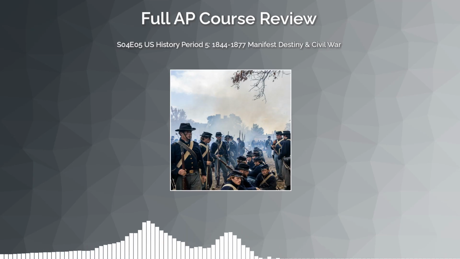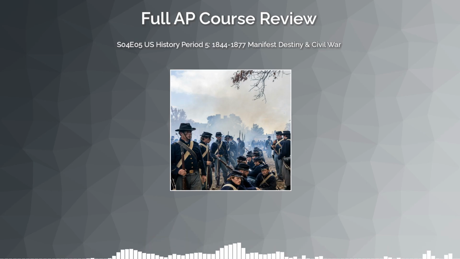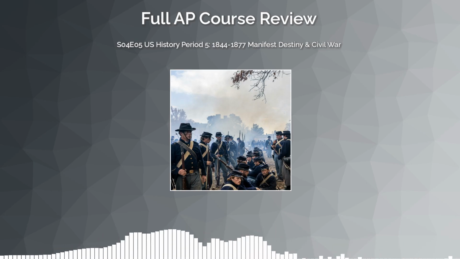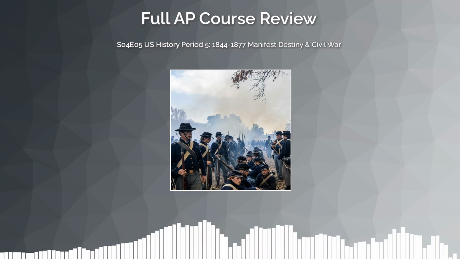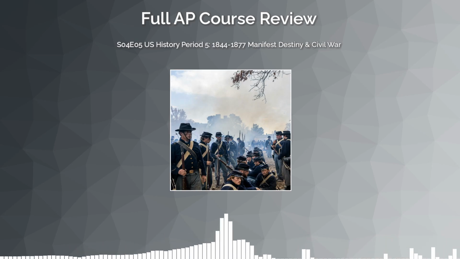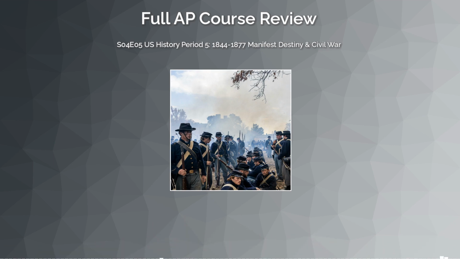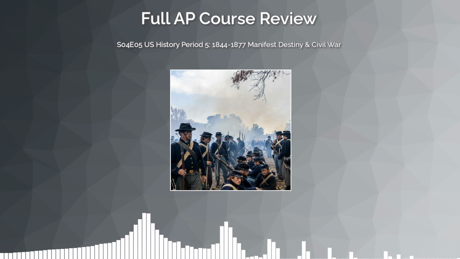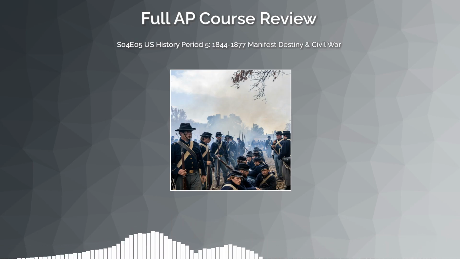Then there's the comparison between African American experiences during Reconstruction. Freed people weren't passive recipients of policy, they were active agents. The establishment of black churches, schools, and political participation during Reconstruction represents one of the most remarkable grassroots democratic movements in American history. Compare that to the simultaneous rise of groups like the Ku Klux Klan, and you see Period 5's defining tension in sharp relief, extraordinary progress and violent backlash existing side by side.